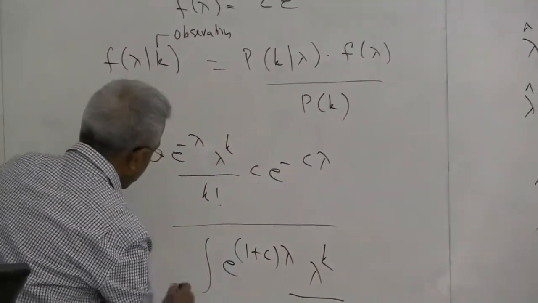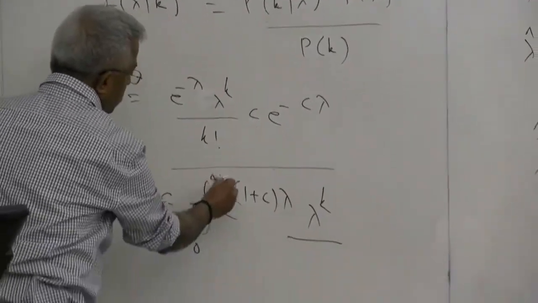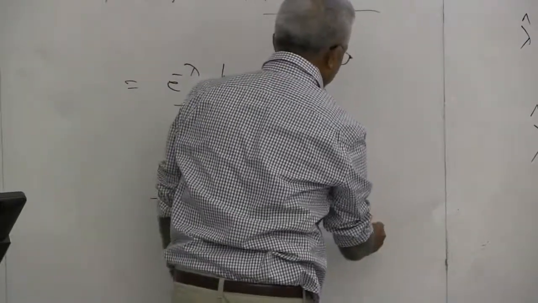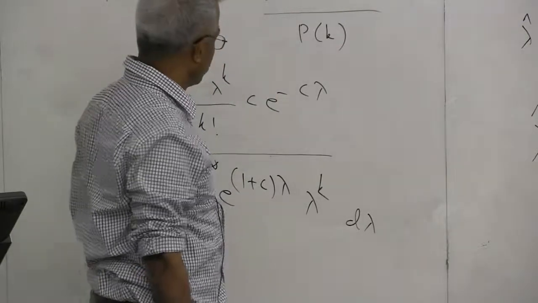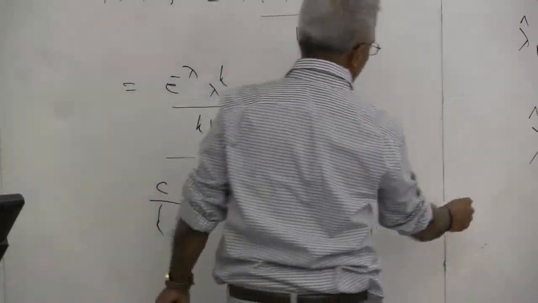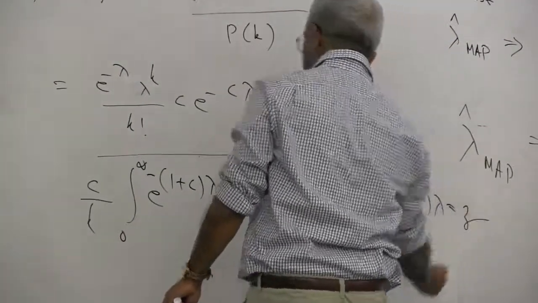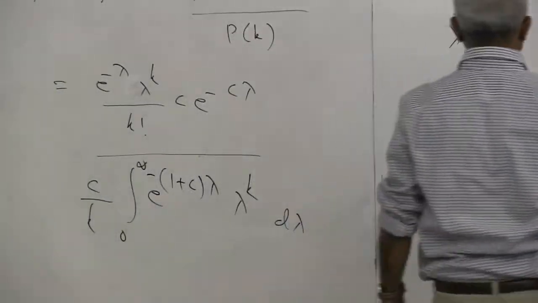So k factorial goes outside, and lambda goes from 0 to infinity. As you know, this can be done. This comes out to be some gamma function. If you substitute 1 plus c multiplied by lambda to be z, the denominator turns out to be